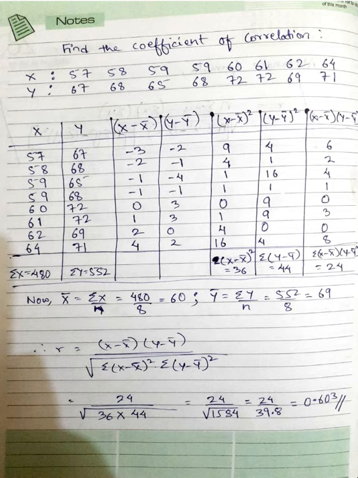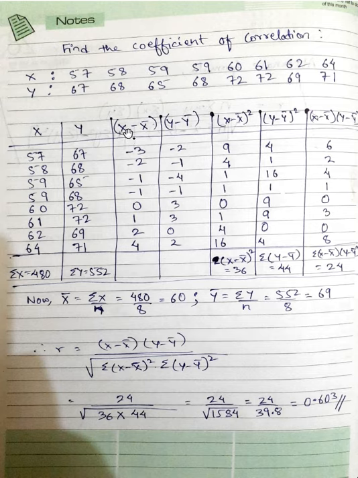So now since we already have x bar and y bar, we first find x minus x bar and y minus y bar. So x minus x bar, I am very sorry, in this formula you will have a summation sign out here. I forgot to write that down. Please remember to write summation x over here. I repeat, I forgot to write summation x over here. So first we need to find x minus x bar.